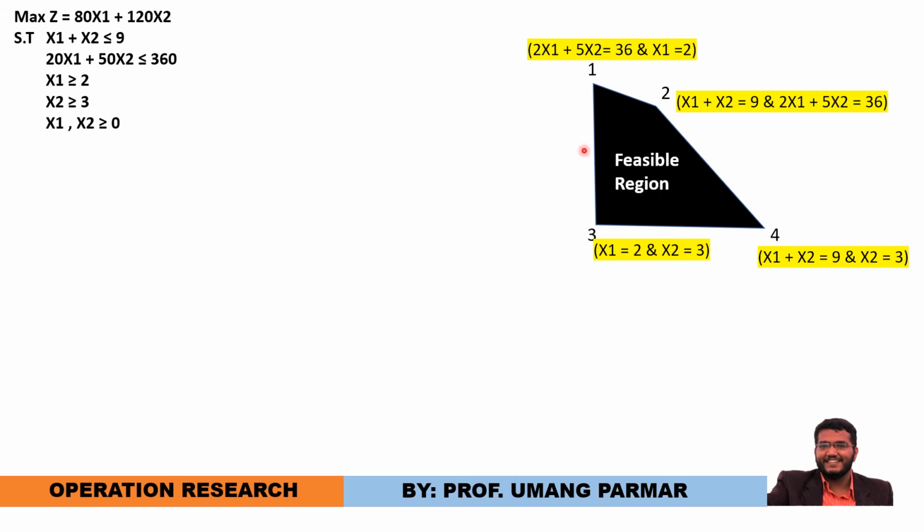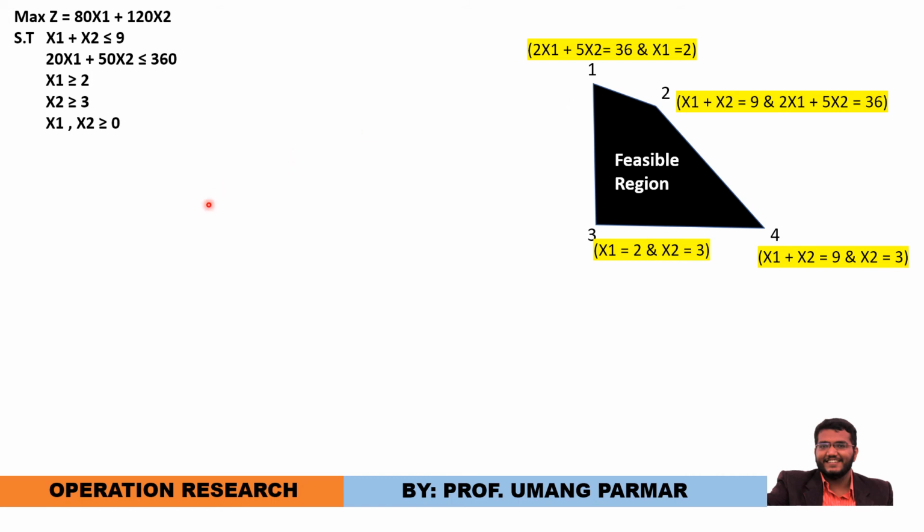So now we are having the 4 corner points and 1 feasible region. So here we can say that in the graphical method, our solution always lies on the corner points. So once I have the corner points and their coordinates, I can calculate the value of z, and I can conclude that whatever the maximum value that I am achieving, that is coming from the first, second, third or fourth point. So first I am finding out the coordinates of the first point.